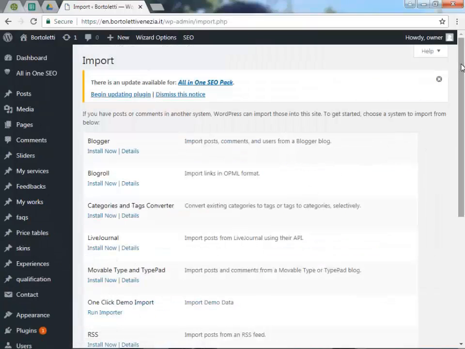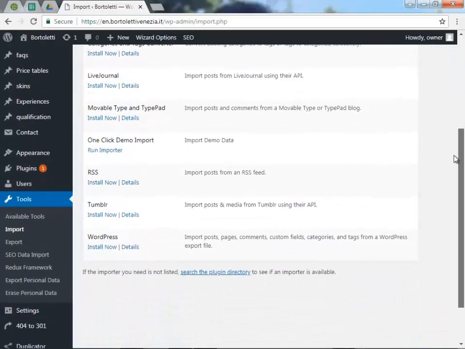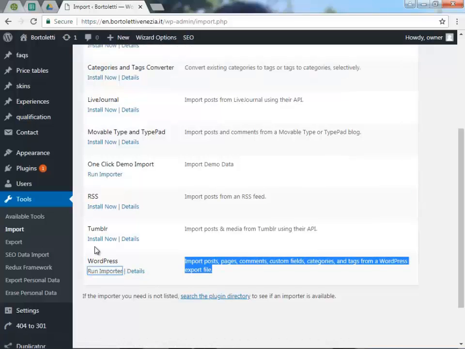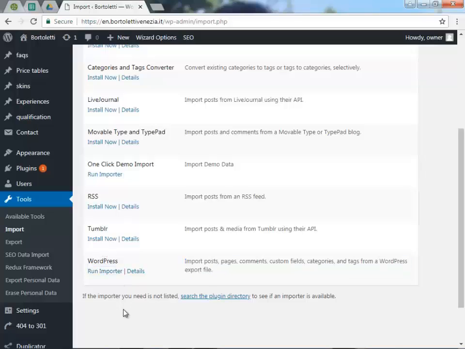On this page, the last item below is WordPress, which is used to import an XML file with posts, comments, pages, and much more. Let's activate it with Install Now, a very simple operation, and also you can see very quick to do. From now on, your WordPress is ready to import, so we can move on to the second lesson, the one dedicated to creating the internal user who will have to control the import,